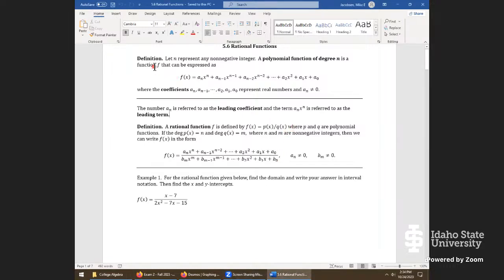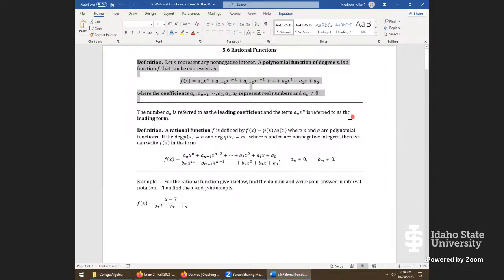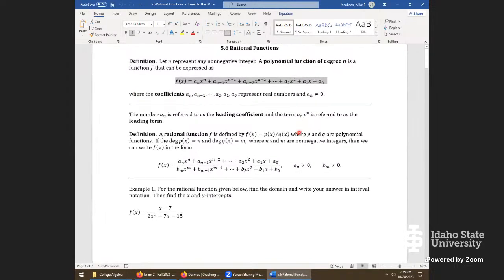And let's start off with just the good old definition. If we're talking about a polynomial function, then we have to talk about what the degree might be. The degree n comes from the leading term here, where the highest power of x appears. And this is just the general way to write a polynomial. It's kind of annoying because it looks more abstract than it really is once we take a look at that line right there. But a typical